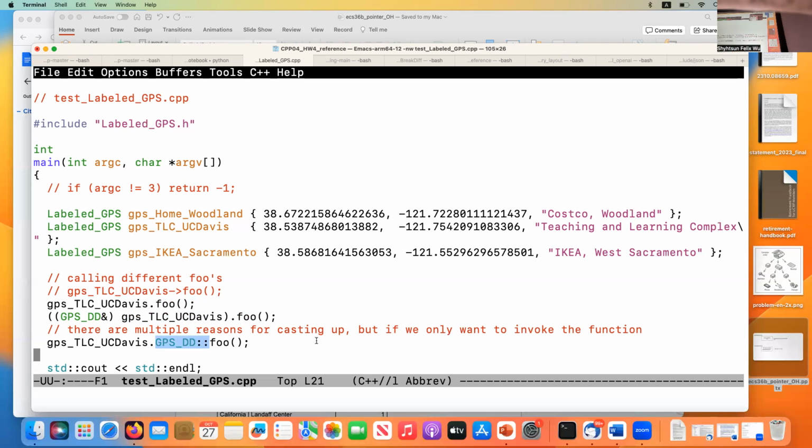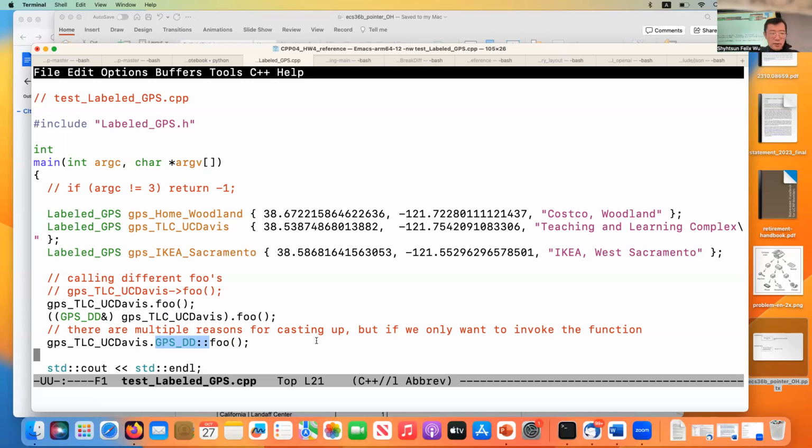So how do you actually specify? It's always the class name with two colons. This is how you inform the compiler that you really want to be explicit about that particular function. In the object-oriented programming language C++, you can always add a class name in front of the function name. When you add a class name in front, it gives the compiler enough information to know which version of the function foo you are trying to call. Okay, so that's all I want to tell you about casting and the inheritance hierarchy, moving up and down.